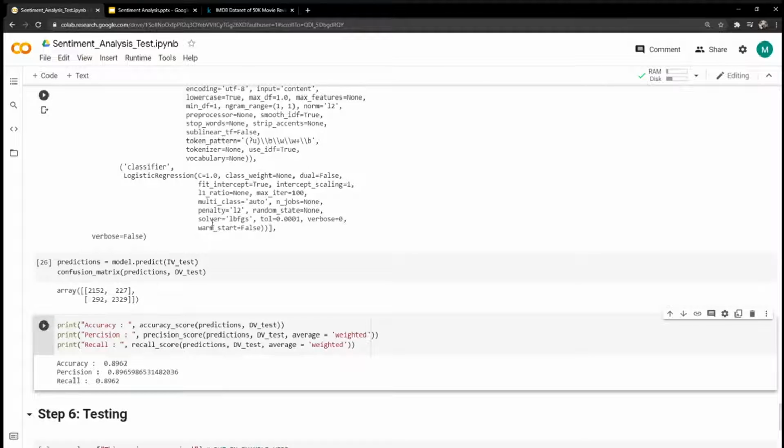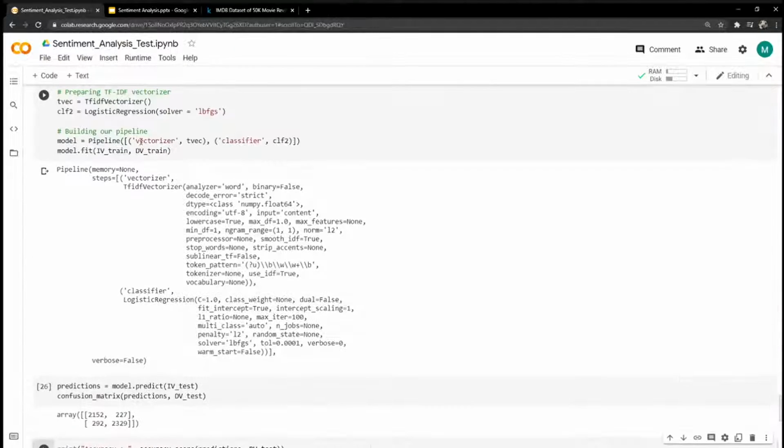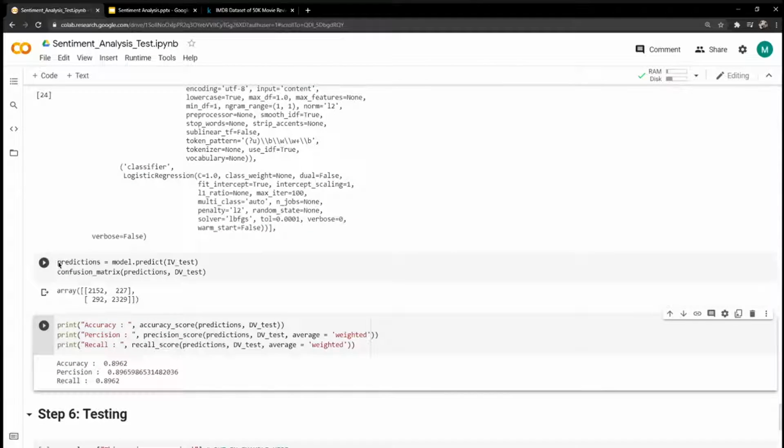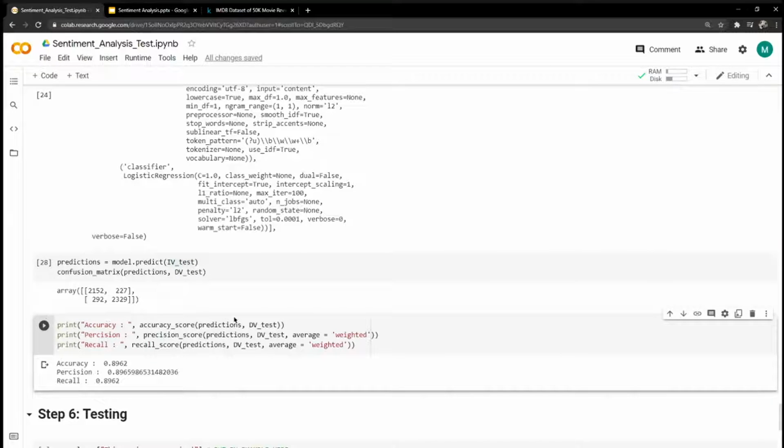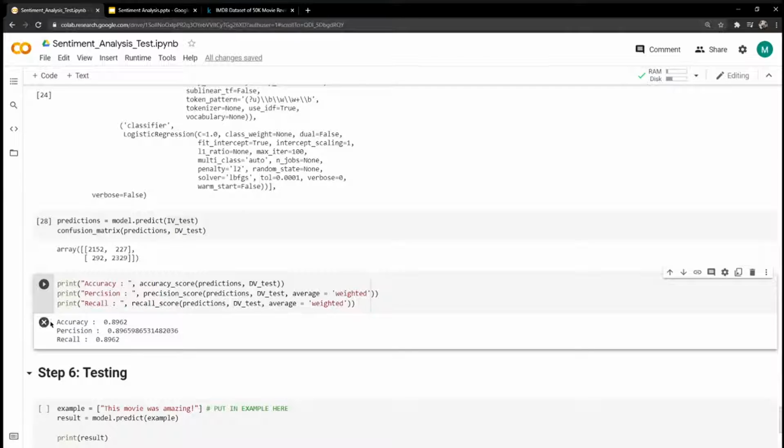Okay, so after we fit in our data, we train it, and then we remember that we split data into train and test. So we have testing data. We try to predict results using the testing data just to see how accurate our model is. And we can see from here that our model has an accuracy of 0.8962, which is 89%. It also has a precision of 0.89 and a recall of 0.9, which is